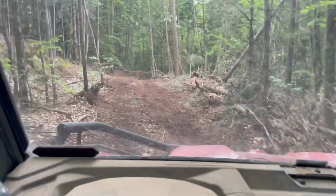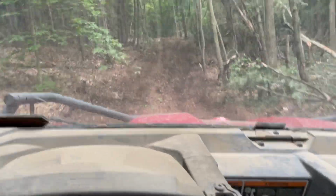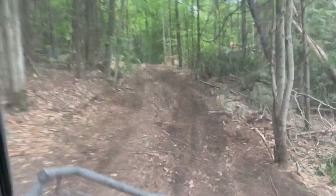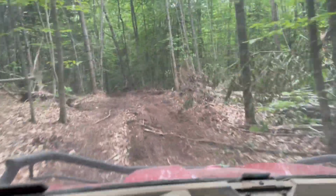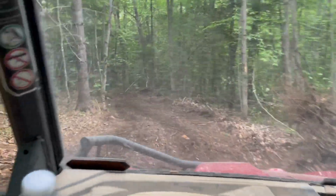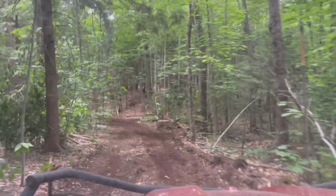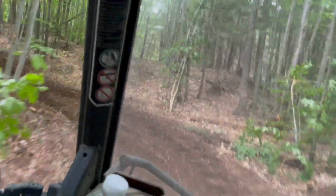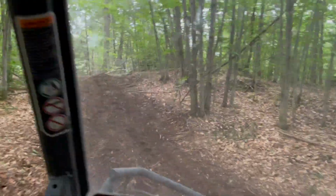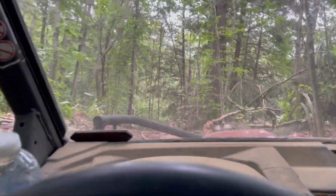So here we have our side-by-side going through the trails. These trails are what I'm using right now to pull out all the timbers for the home. It's a little rough right now. As you can see, Ann is actually driving and bouncing around a little bit, and filming at the same time. Eventually, what will end up happening is we will be making these trails, grooming them if you want, to